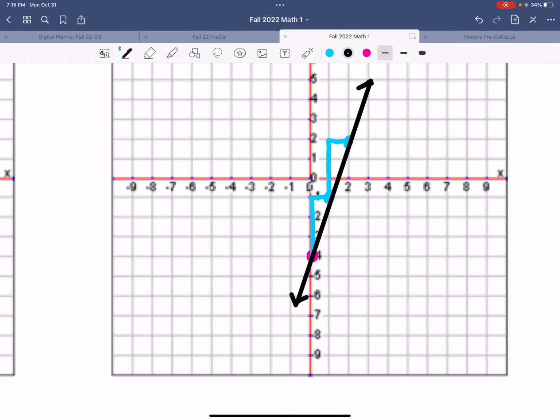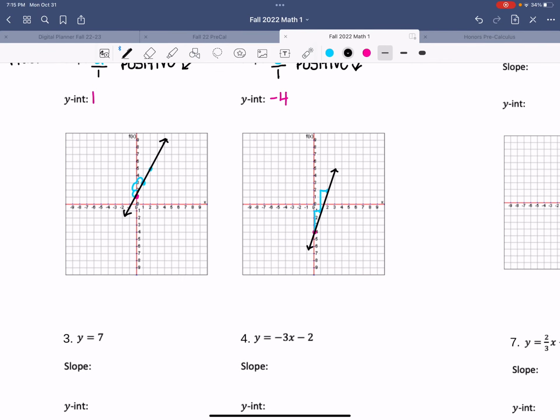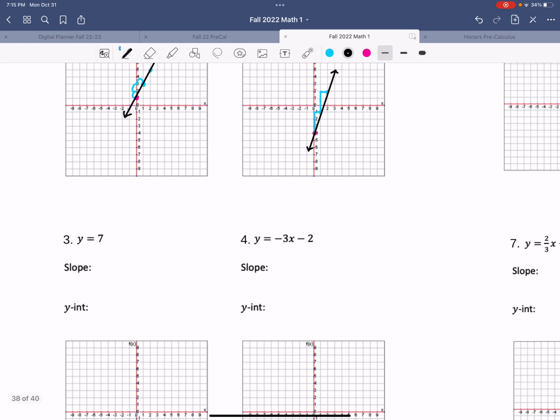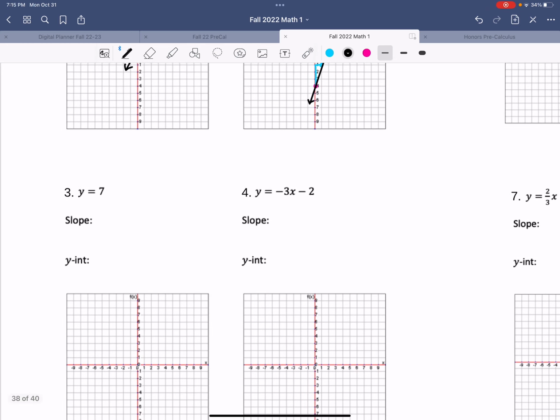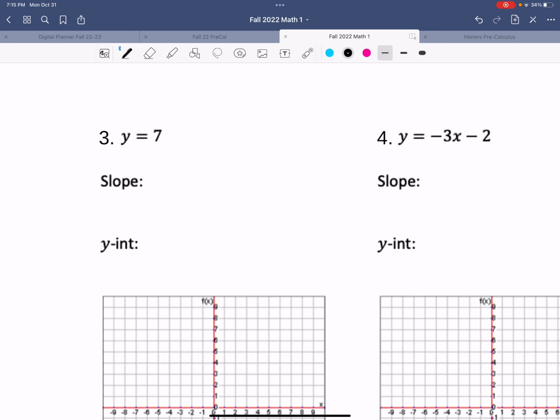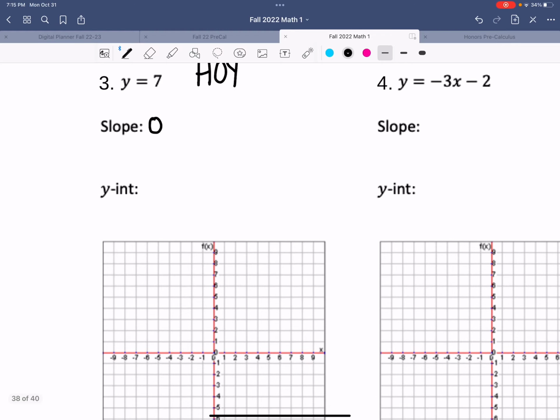All right, so the key to this: plot your y-intercept and then decide if it's positive or negative, if you're going up or down. For this one, I don't know how many of y'all remember, but this is not in that typical y equals mx plus b. This is in that y equals a number format. So this is a horizontal line. If you remember, the slope of a horizontal line is 0, and the y-intercept is,